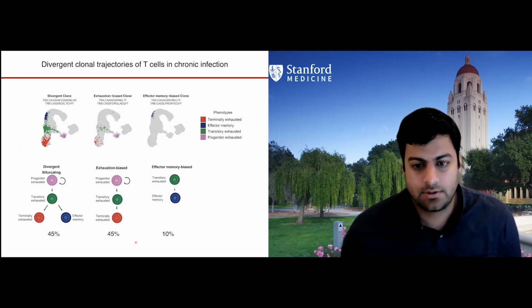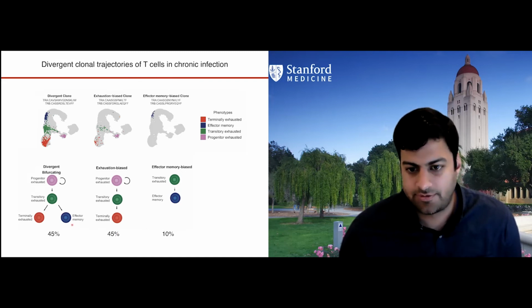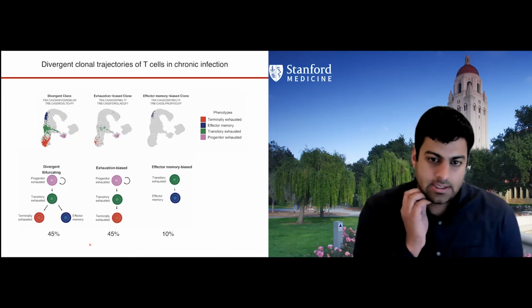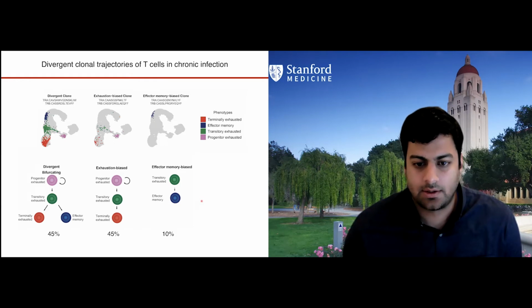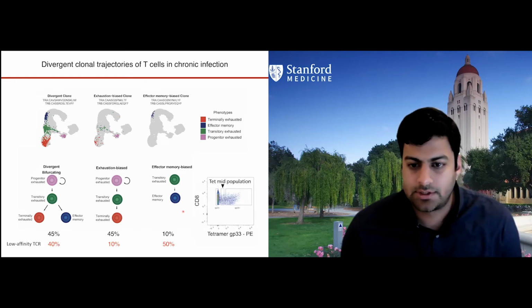And then there are two alternative paths that lead to the development of effector memory cells, either exclusively or in addition to terminally exhausted cells. So why is that, and what can we learn from that? We've been trying to understand what is different about these cells that go down the effector memory path. And one hint is that if we sort out